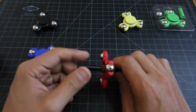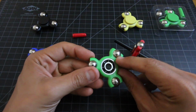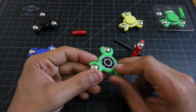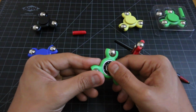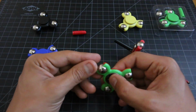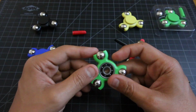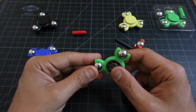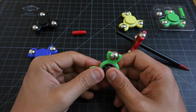Now, the cool thing about this too is besides all of this, of course, it has a ceramic hybrid bearing, so you've got a nice high-end bearing in there. It's not a steel bearing, and if you have a pro fidget spinner or a traditional ABS spinner, you can actually pop this bearing out, put it in your own spinner, and upgrade your own spinner. So it works in this spinner obviously, and it's a really cool bearing that you can easily remove and place in your own spinner, so you can have multi-purpose use out of this. So you can use the bearing, you can use it as a top, you can use it as a regular fidget spinner, you can use it as a pen spinner, and the last thing is you can, of course,